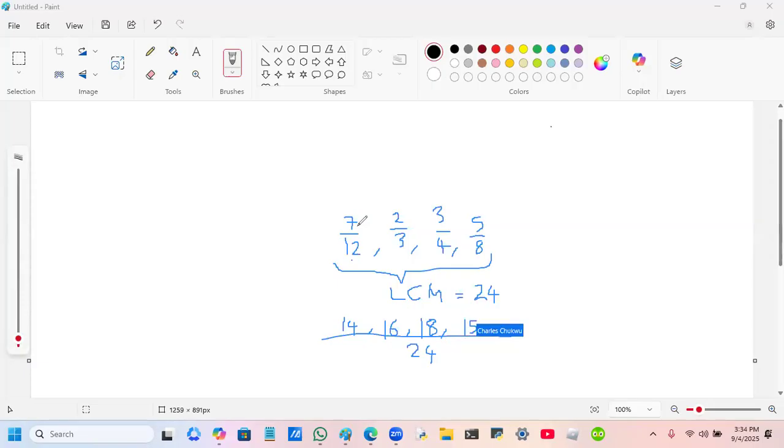Now, this is what will help us to know how to arrange them: these numbers that we just got. So they said descending order. Descending order is from what to what? Smallest to largest or largest to smallest? Largest to smallest. Yes. You cannot afford to make a mistake like that. That kind of simple thing.